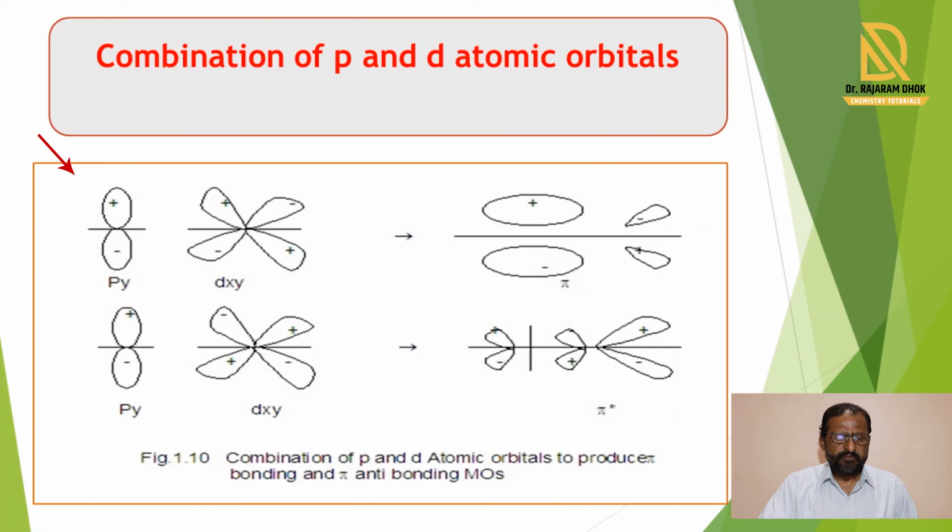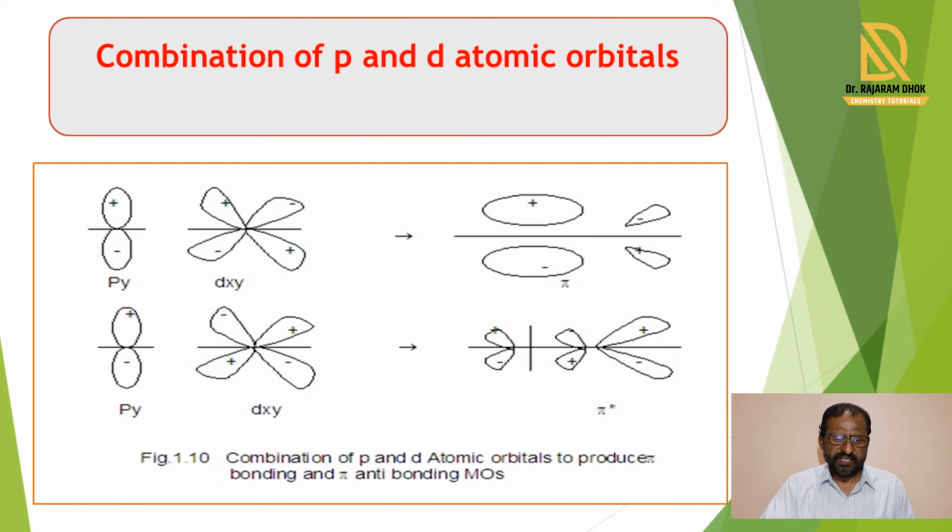So here we take the py orbital and the d orbital is dxy orbital. So in the dxy orbital, the lobes are in between the x and y axis. In case of the py orbital, lobes are along the y axis. So if we consider py and dxy, then both have matching symmetry, and both py and dxy can overlap sidewise, and because of this sidewise overlapping, pi bond formation is possible, and this pi bond formation is shown in this diagram.